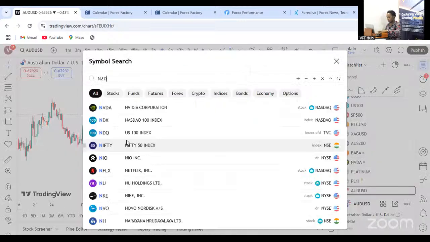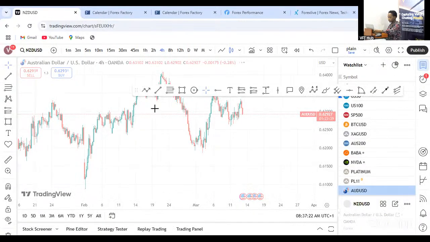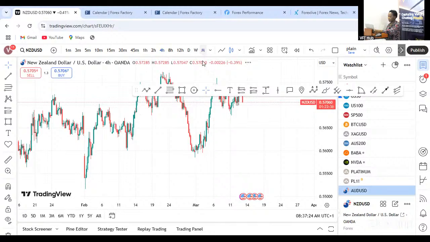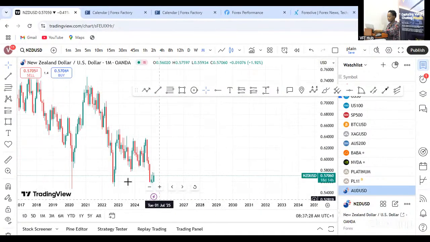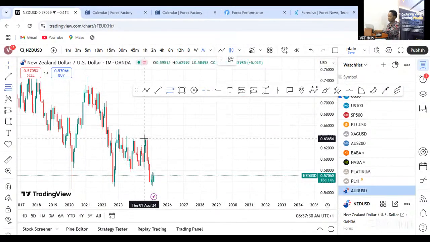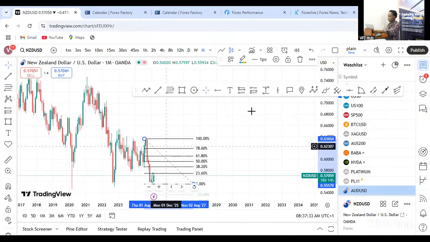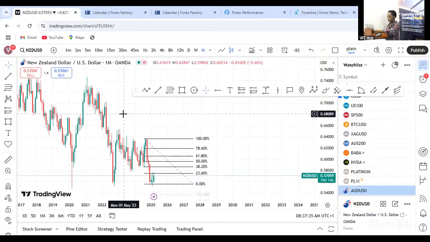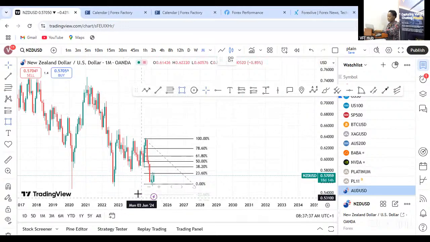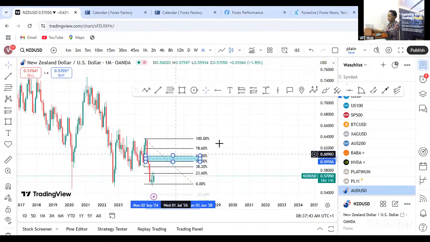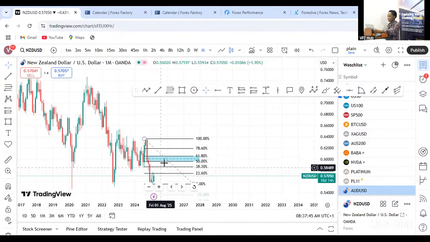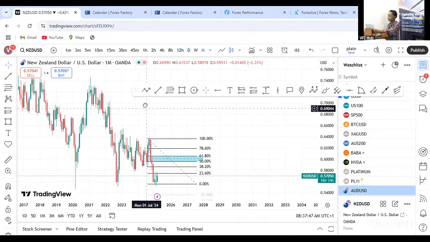Looking at NZDUSD as well now, very similar price action that we tend to see on these two asset classes. Structure is to the downside on the monthly time frame. So I go ahead and mark out my most recent swing and then look for the liquidity levels in between them, right? And my Fibonacci level, these ICT guys call it OTE. So I want price to trade into a good enough zone so that I can start looking for entries. So price is here. I'm expecting price to trade into this level,